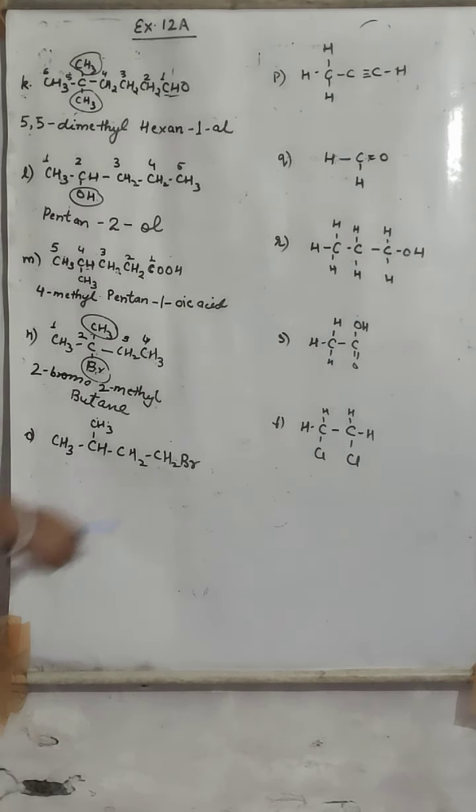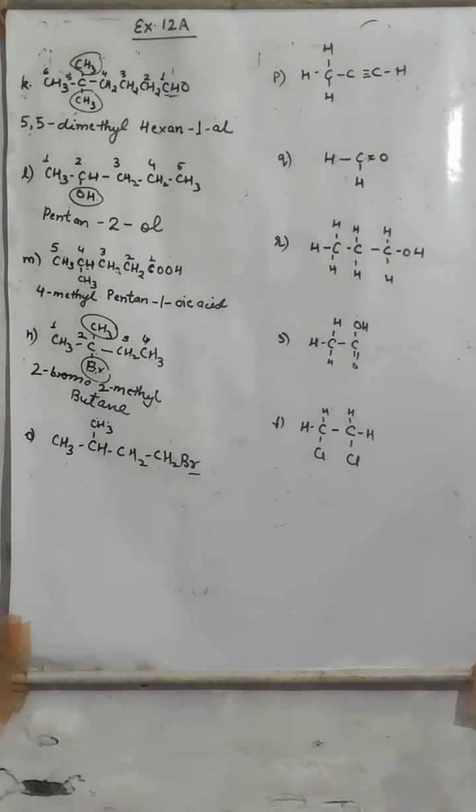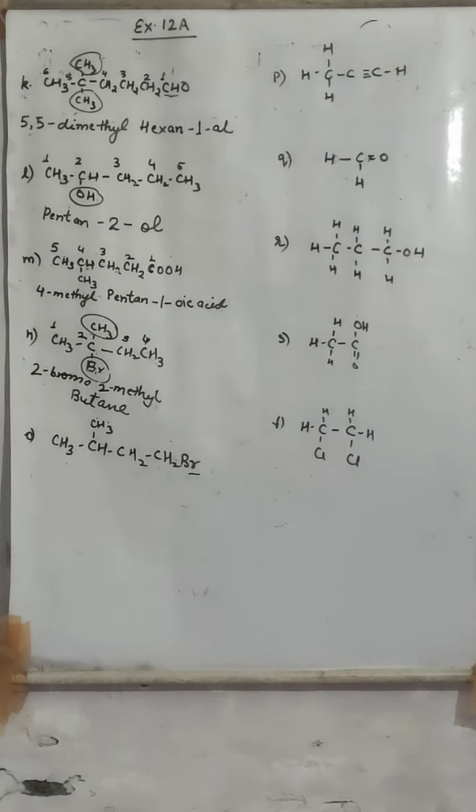Right? Now this is what? Bromine, and this is what? Alkyl. Now in the alkyl and halide, we will give preference to halide. So we will start numbering from where the halide will get the smallest possible number. Now halide is also present and methyl is also present. We will give preference to the halide. So numbering will start from here.